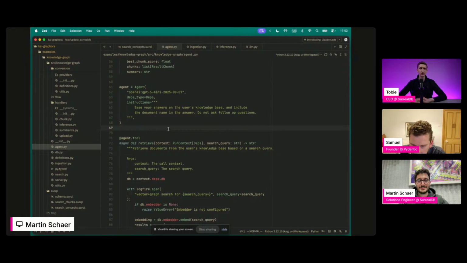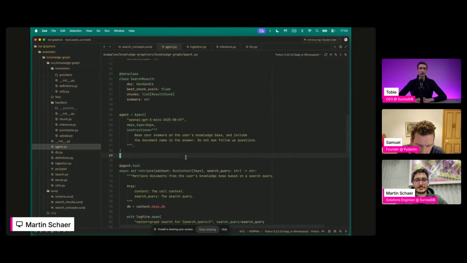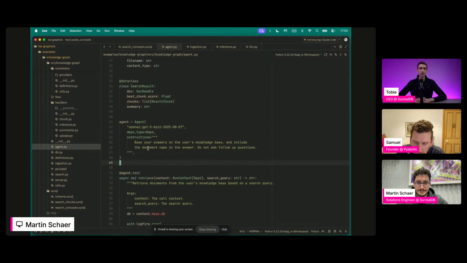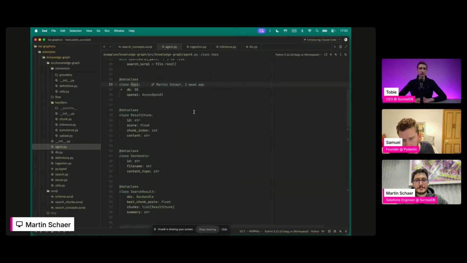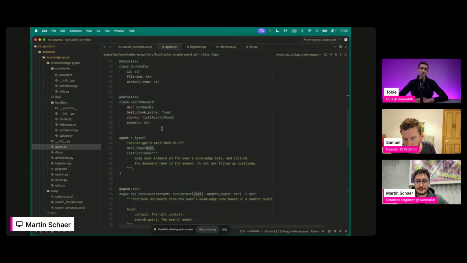It's just worth saying here, yeah, you've done it. In some ways, your example is rather more comprehensive than mine. You have instructions when you define the agent, and you're using agent deps, which is a super powerful way of having access to, which I think may have been in the example, but I skipped over. But like, yeah, so this is just a data class, but we're just defining the deps type when we define the agent, and we pass it in when we run it, and we have access to those deps.